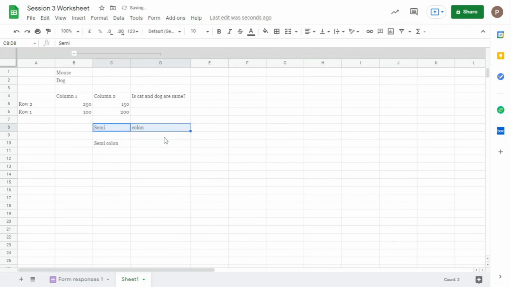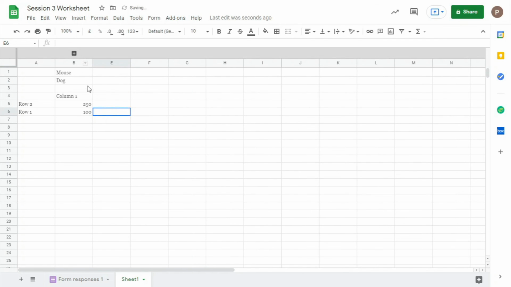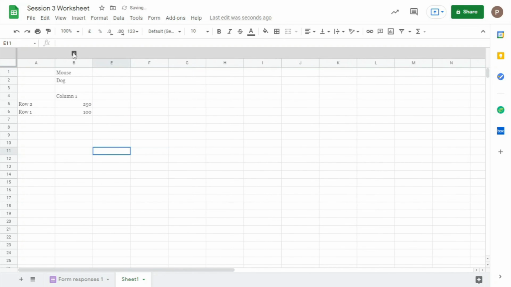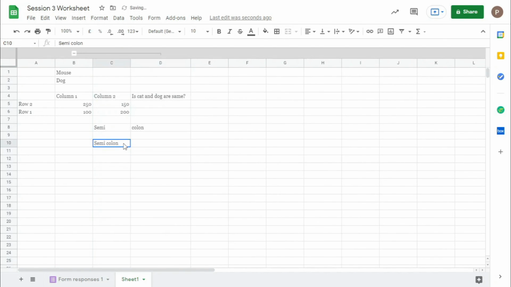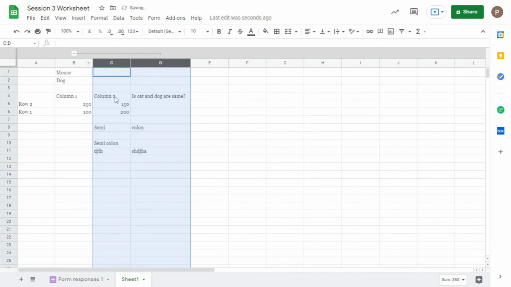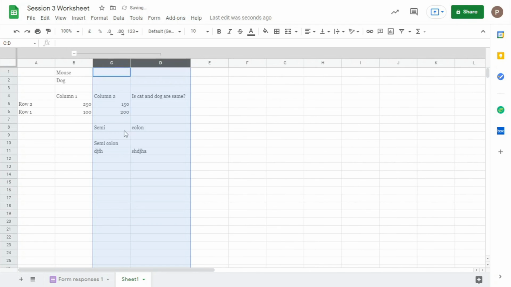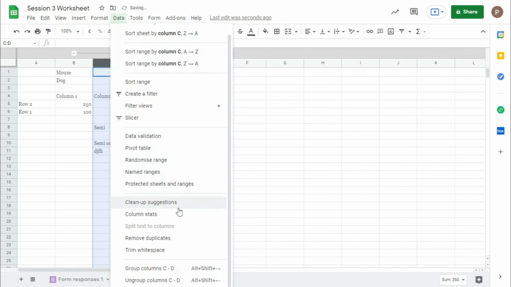Next, if you select two of the cells, go to data, group column C and D. Now directly C and D columns will be grouped. You can directly edit them, remove them, whatever you do, but when you do operations, they both will be affected in different ways. You have to select both the cells, but you can hide them easily. Mostly they are connected to hide or whatever they are in connection. You can ungroup them once again.